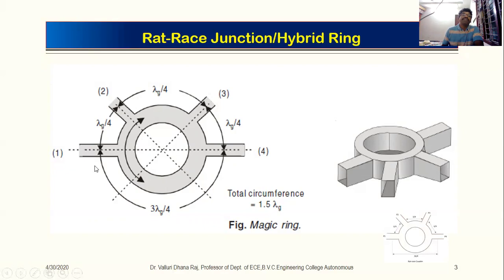On same line, when I give excitation at port 2, it is going to appear across port 3 and port 1 but not across port 4. Means port 2 and port 4 are isolated ports. What we can understand from this is port 1 and 3 are isolated, 2 and 4 are also isolated. Means there is no output when I give excitation at the other input port.